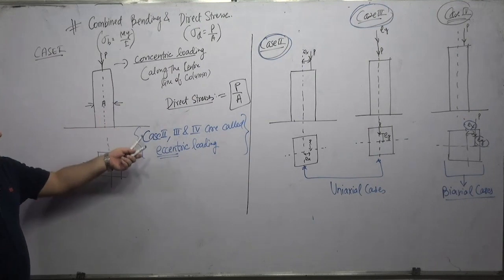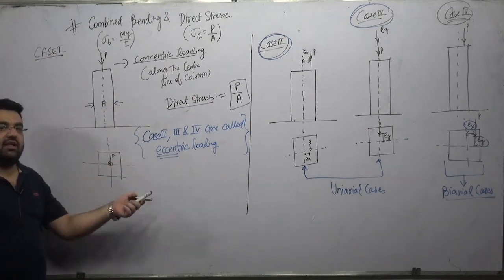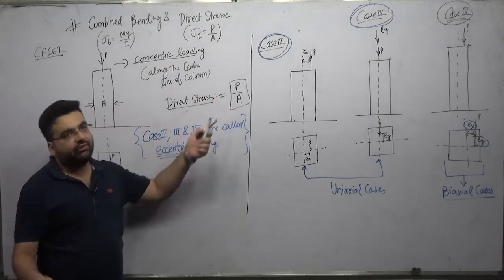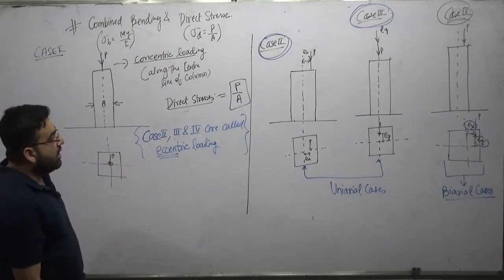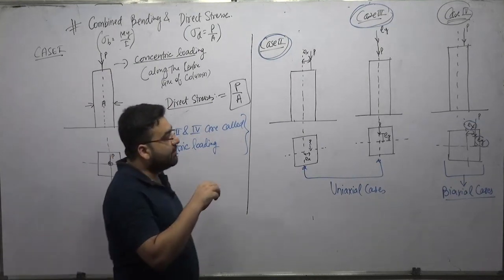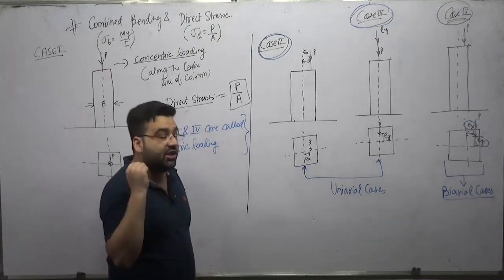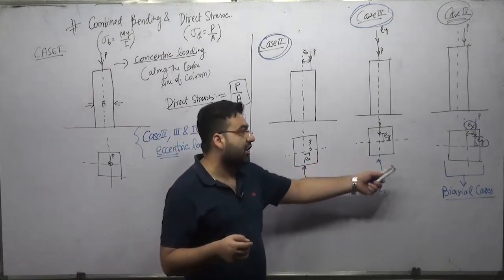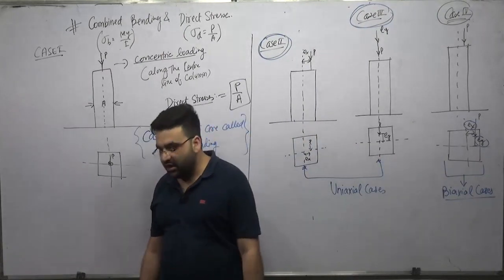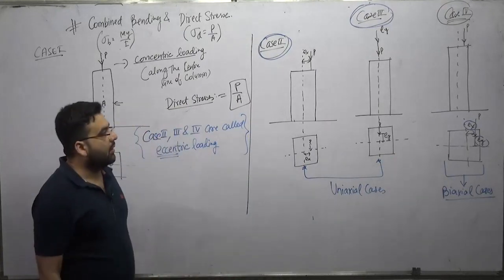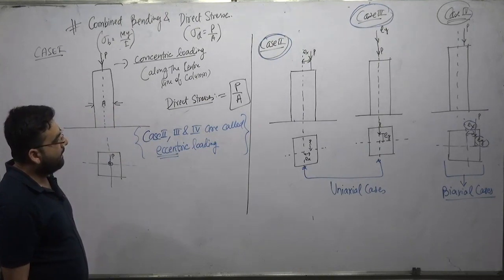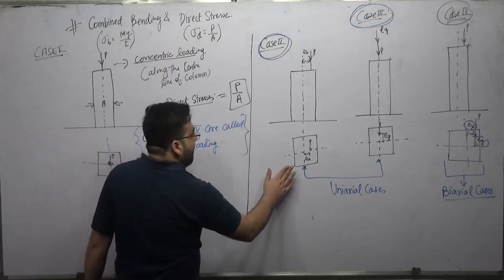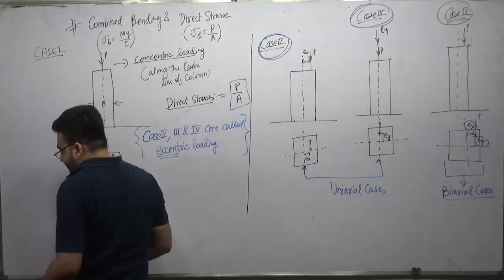So this is very simple, I am not going to explain it. If somebody asks you what the direct stress is, divide the load by the area, and you will get the direct stress. Nobody is going to even ask you that question. The question which may be asked in the GATE examination or other examinations is regarding either the uniaxial or the biaxial loading. Now let us first understand the uniaxial loading.